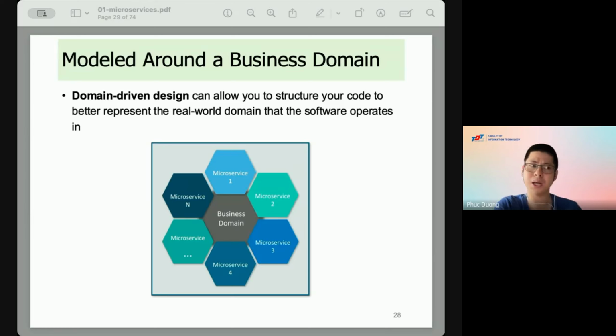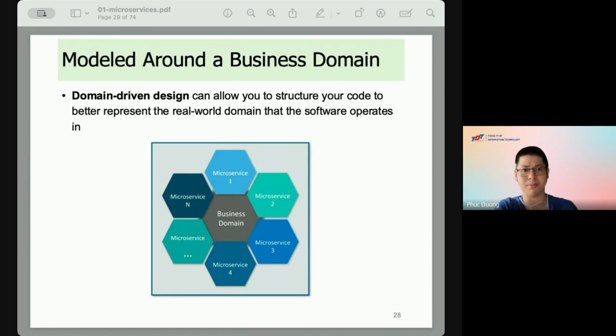So, for example, you are assigned to or join a company or a team that develops software for, for example, a construction company or a pharmaceutical company. The most important thing is that you need to understand the business. The business in this case in Vietnamese we translate as nghiệp vụ. You need to understand the business of the company you join, the team that you join.